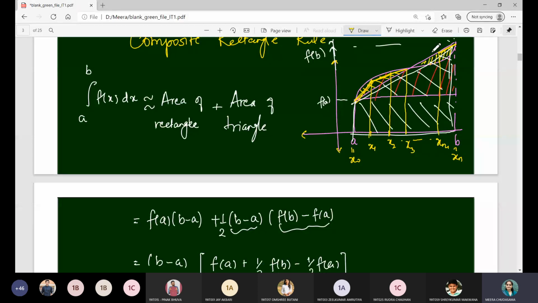Sorry, here it is the curve. The rectangle will not come here actually. This is your curve's line. This is the line. So in our case, this and the corresponding line joining will be this one. So this one will be the trapezoid. Means in each case the curve is actually quadratic type, whereas we are approximating each piece with the straight line by joining endpoints, right? So let us now evaluate what will be the composite trapezoidal rule.